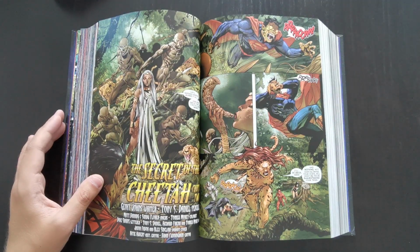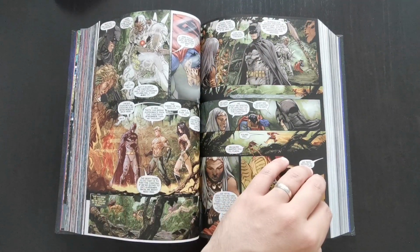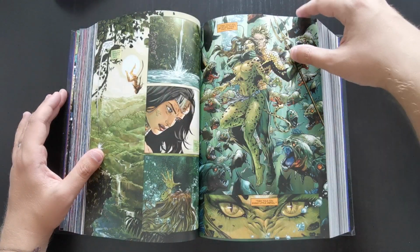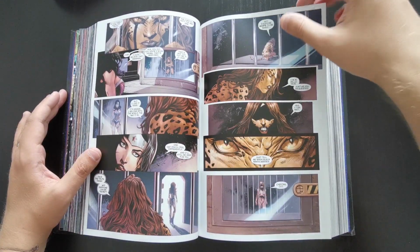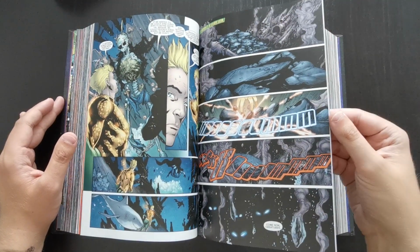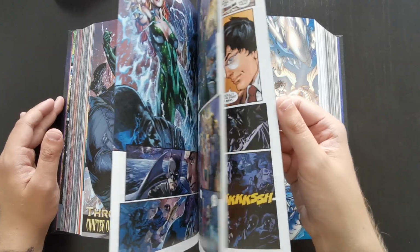One thing that DC had no shortage of during the New 52 was great artists. I'll tell you that. Pretty much every series that I read from the New 52, there wasn't much at all where I thought I didn't like the art. I think consistently the artwork was really nice. This book is absolutely massive. Even now, not even quite halfway through the book yet at this stage. It's a huge book full of